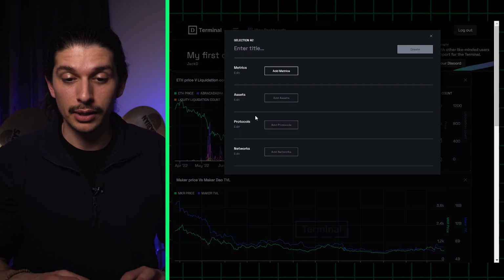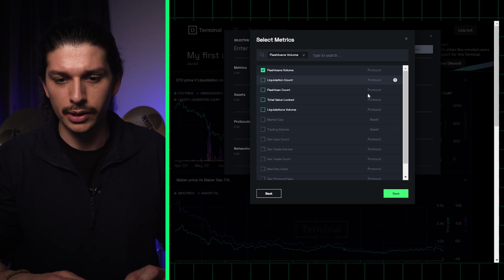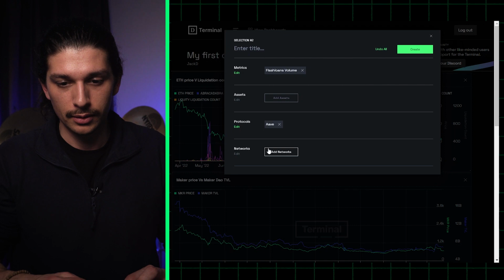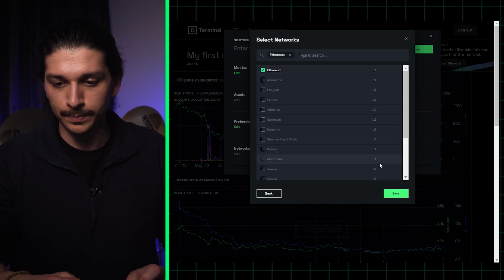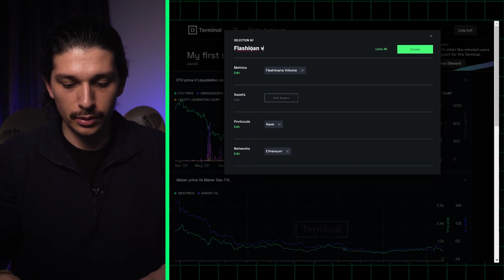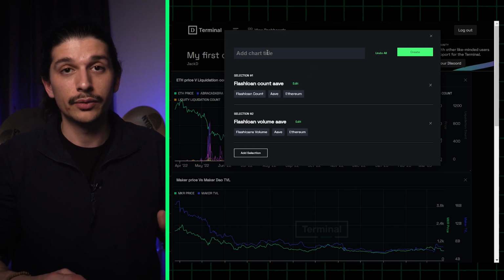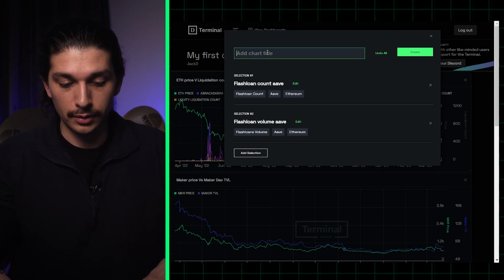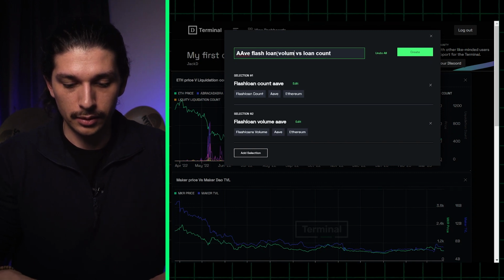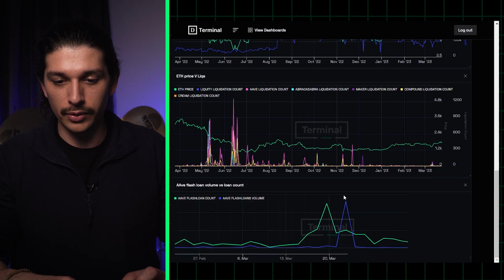Now the second selection is of course going to be the other dataset available for flash loans, which is flash loan volume. I'll select the protocol as Aave. The network is Ethereum. And I'll name this second dataset flash loan volume Aave. The final thing we have to do is name the chart Aave flash loan versus loan count. And once we create the chart, we can of course resize it and move it around